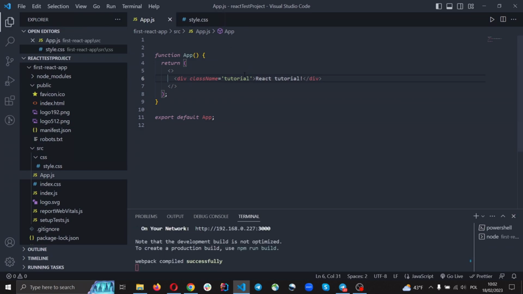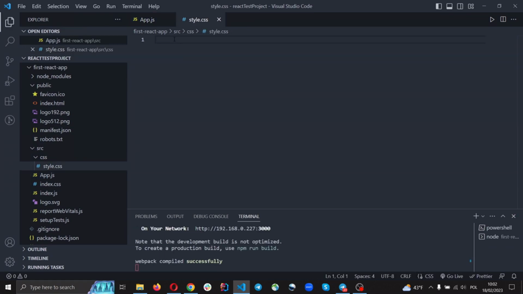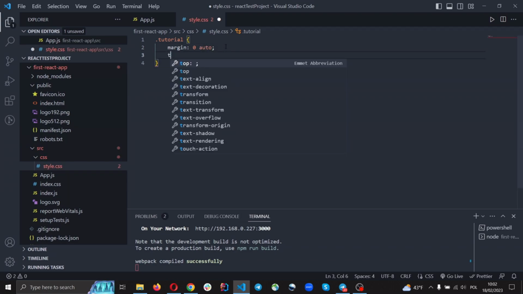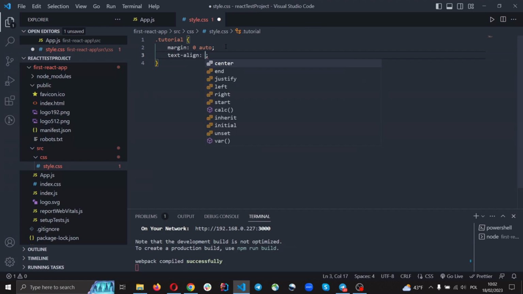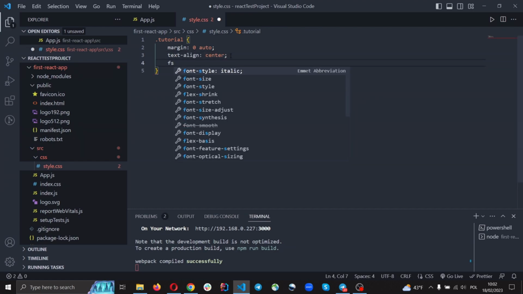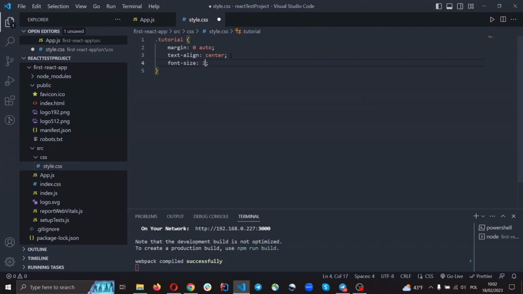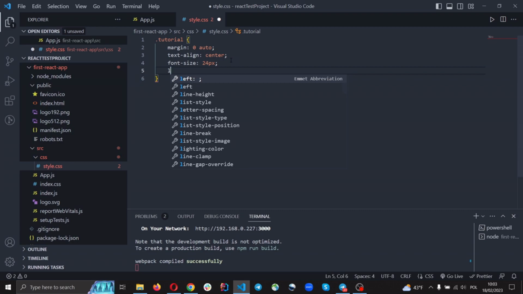Great. And here we add some styles: margin 0 auto, text-align center, font size, for example, 24 pixels, letter spacing,